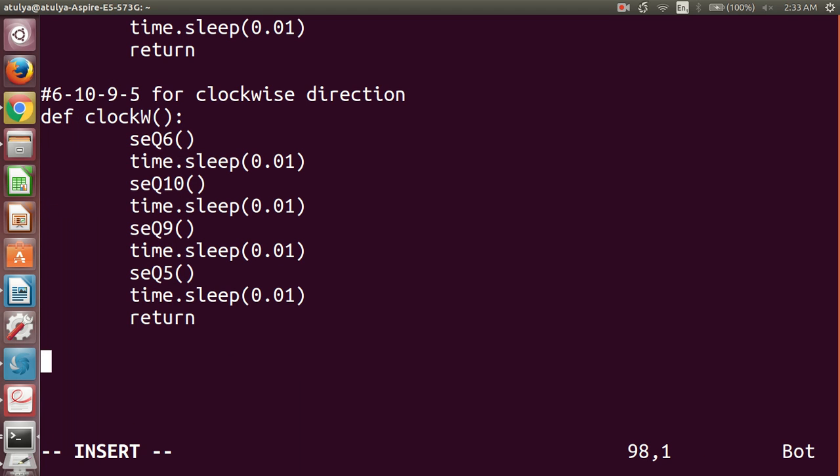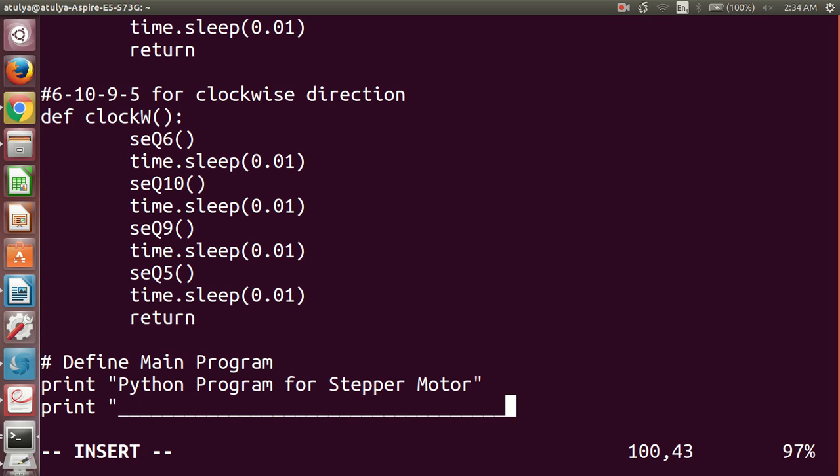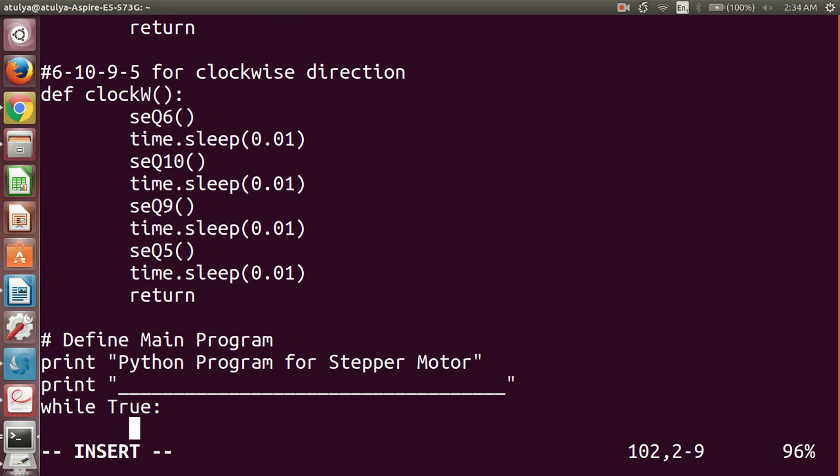Then the next step is define main program or main logic. Now through main logic we will first print Python program for stepper motor. So define it. After that we will display a line like this. After that we will use while, an infinite loop, and then we will call the function, but before that we'll print